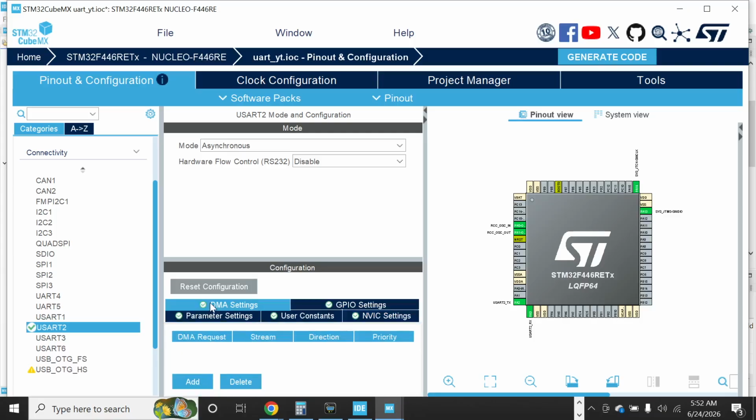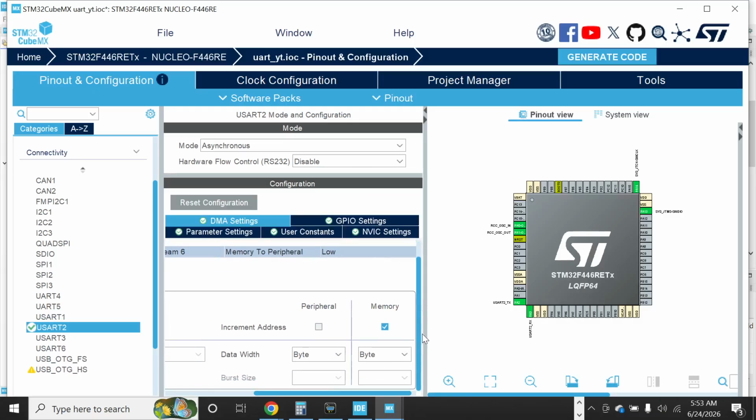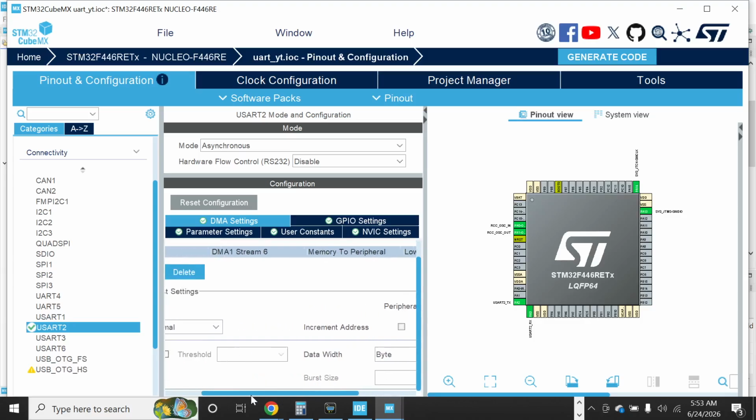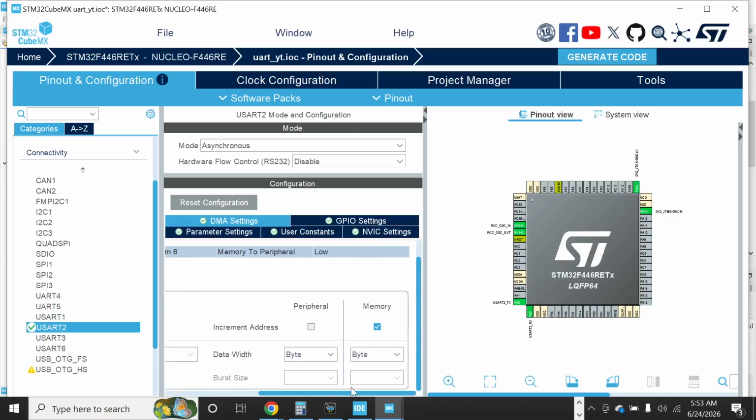Then in our DMA settings, we want to add DMA on the sending of data, the transmitting of data. That's where we need help with DMA. And these settings are fine. Also, this is fine to leave as default. Then the mode, we can do circular or normal. For this, we are doing normal for now,